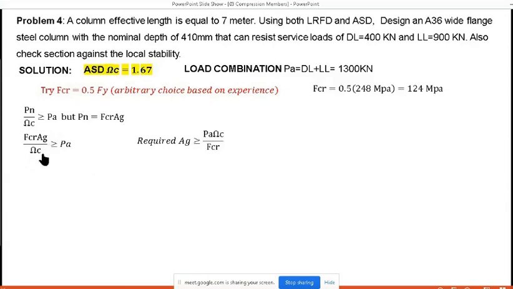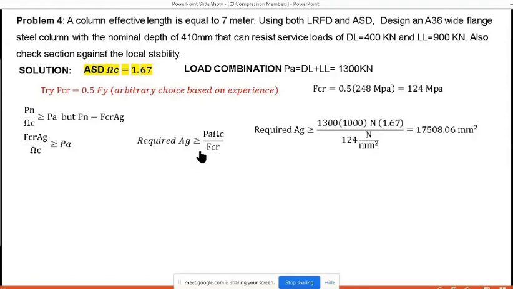So minanipulate ko lang itong equation, ito yung kalalabasan niya. And if we substitute yung value ng ating PA, yung ating factor over FCR, ang value na makukuha natin is equal to 17,508.06 mm squared. So ito yung required area nung ating section,